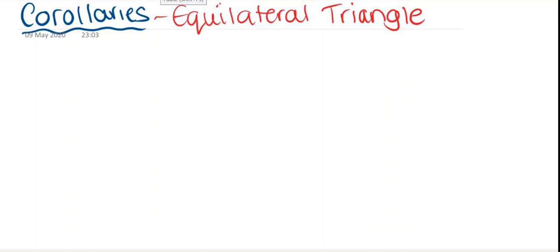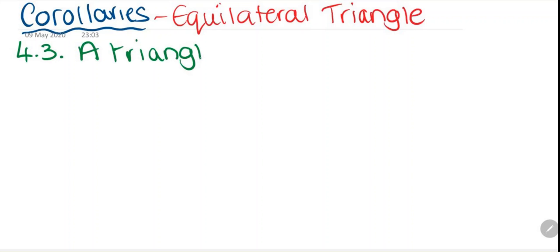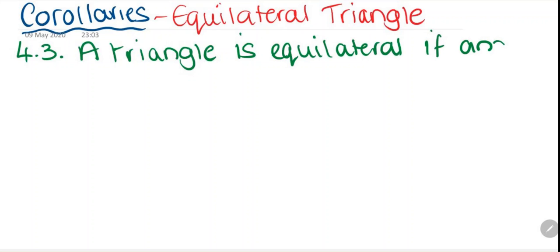Okay, so we're going to look at equilateral triangles and the theorems or the corollaries. So 4.3 states that a triangle is equilateral if and only if